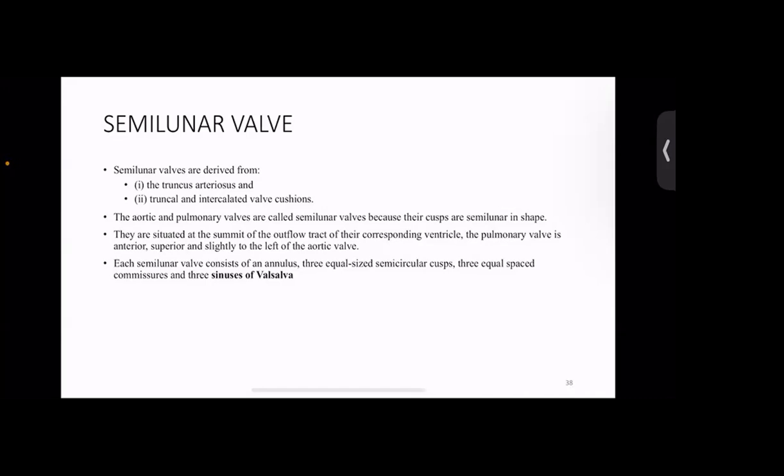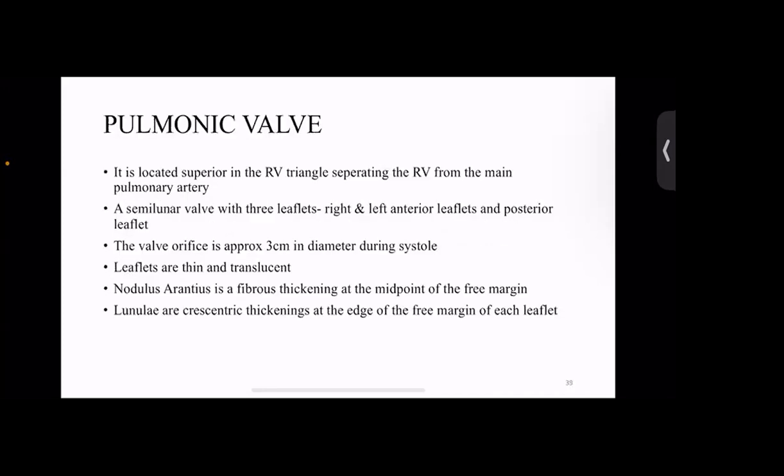The aortic and pulmonary valves are the ones which we call the semilunar valves because their cusps are semilunar in shape. They are situated at the summit of the outflow tract of their corresponding ventricle, and the pulmonary valve is anterior, superior, and slightly to the left of the aortic valve. Now, each semilunar valve consists of an annulus, 3 equal-sized semicircular cusps, 3 equally spaced commissures, and 3 sinuses of Valsalva. The pulmonic valve is located